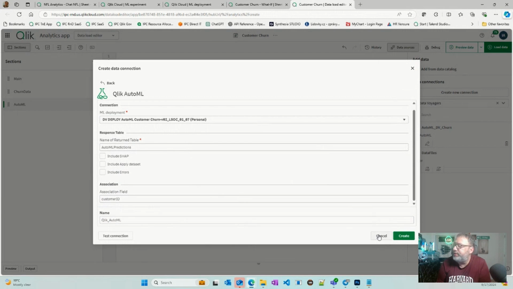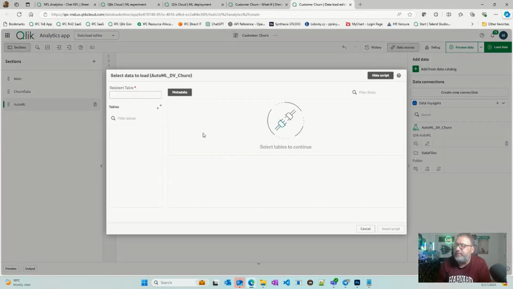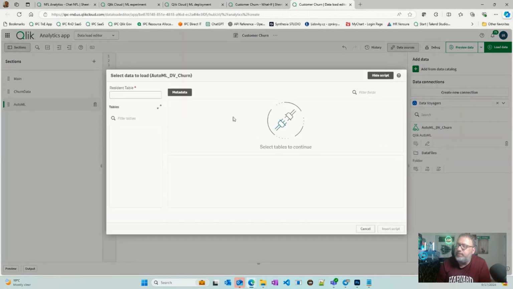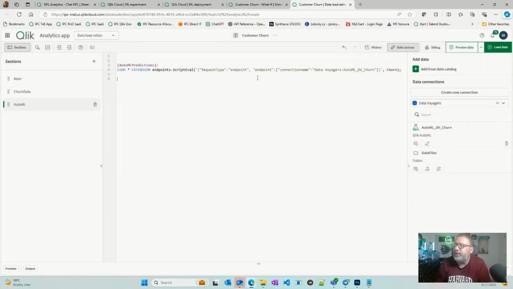I'm not creating this one because I already have a connection created, which is basically the same parameters. So once using the connection, I'm clicking here to use the connection, like to select data. So then just inform the name of a resident table, select this, and insert script. Then you got this script.